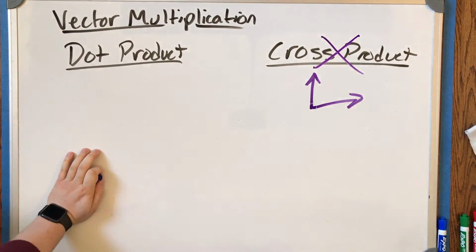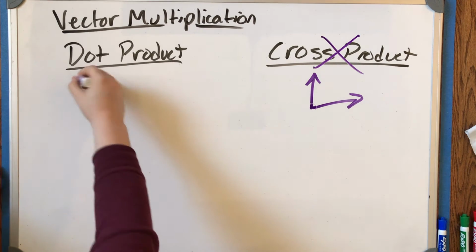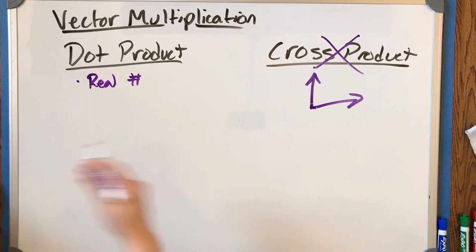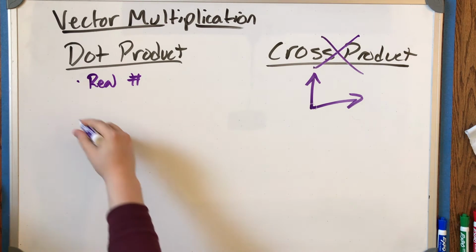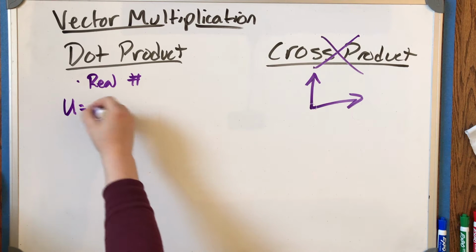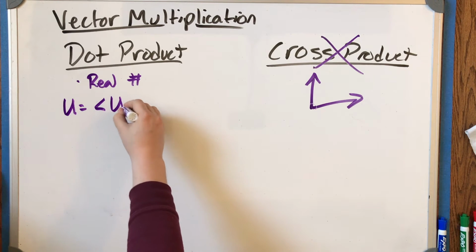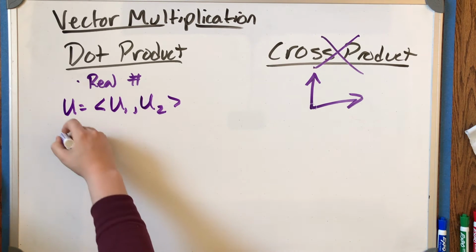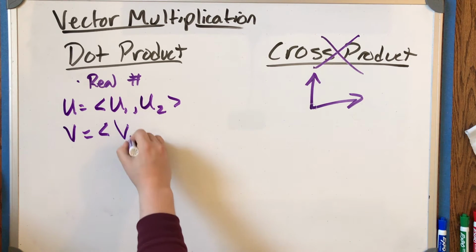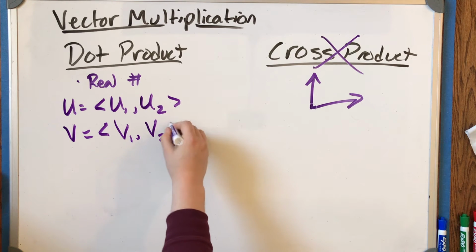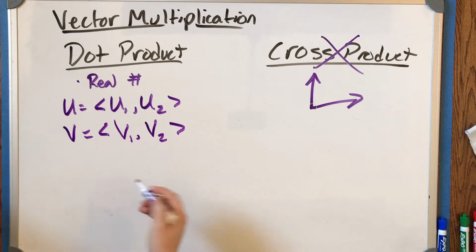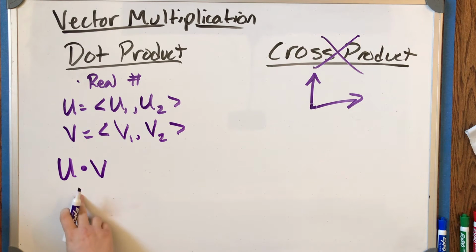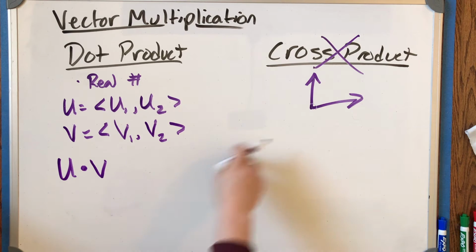So we're going to deal with the dot product. When we do a dot product, it actually just gives us a real number. The formula for it is really straightforward. If I have two vectors, I'm going to use vector u with u1 and u2 to represent its values, and v. I don't know why we use letters that look really similar. It's probably not the smartest idea in the world. But if I do u dot v, and that's how we say it, we don't say that we're multiplying, we say u dot v,